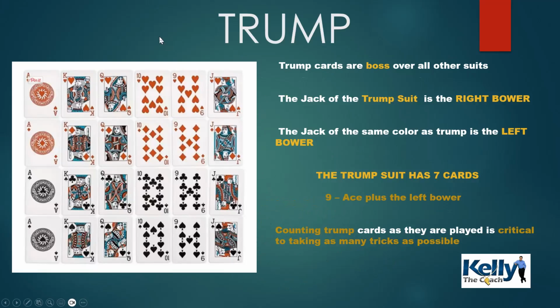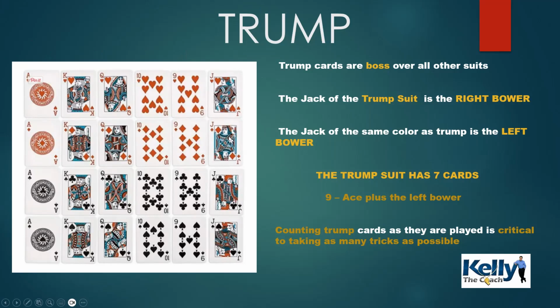And I'm not going to get into this in detail. Again, this is an advanced course, or advanced video, I should say. With Trump, of course, we've got the 9 through the 8th. And the reason I put the jacks over here is because we don't know which one is Bauer. So that's why it's not 9, 10, Jack, Queen. I decided to put the jack over here because that jack could end up being the right Bauer or the left Bauer. So, of course, if hearts is trump, then we've got 6 trump here.